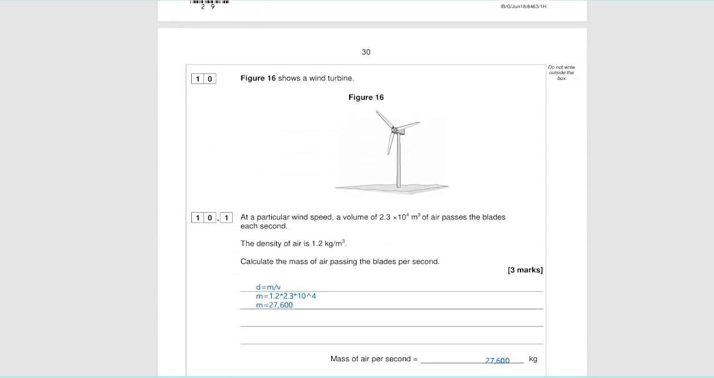Okay, now for figure 10. Figure 10 shows a wind turbine. At a particular wind speed, a volume of 2.3 times 10 to the power 4 meters cubed of air passes the blade each second. The density of air equals 1.2 kilograms per meter cubed. Calculate the mass of air passing the blade in seconds, and density equals mass over volume. So mass would just equal the density times volume, so you just do 1.2 times 2.3 times 10 to the power 4, and you get a mass of